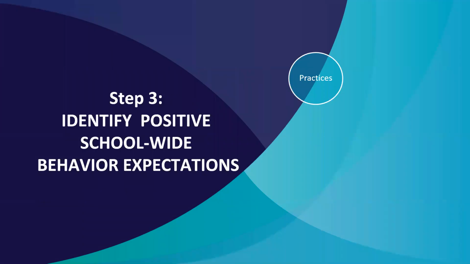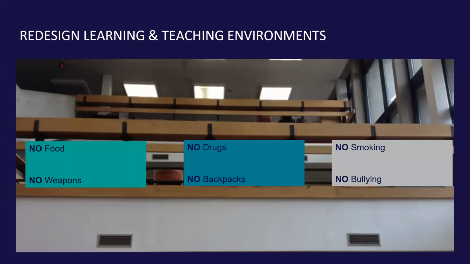Okay. Now we're going to move on to identifying our school-wide positive behavior expectations. Sometimes they're called core values. So PBIS at its core is all about creating a consistent, structured, and positive environment where students feel safe to learn and explore. And an environment that's not welcoming,